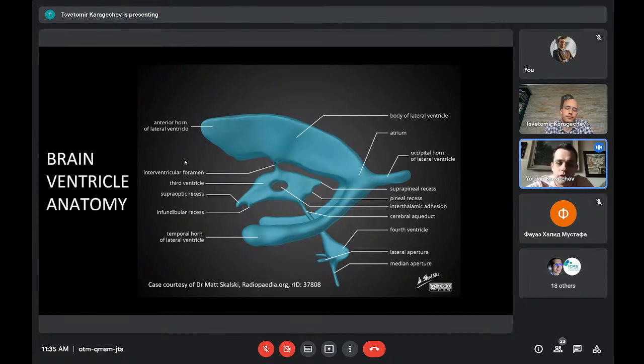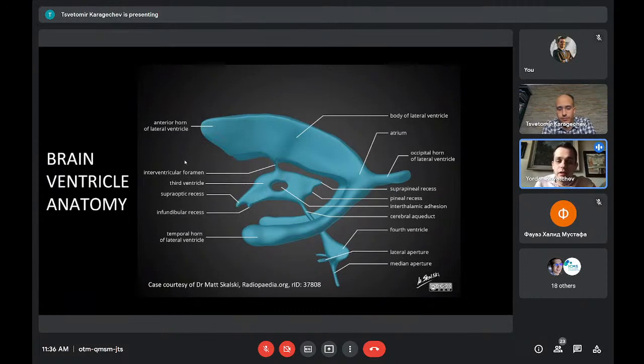The other ventricle that I would like you to remember at this point is the fourth ventricle at the bottom, because it's located in the posterior fossa. And when we see its so-called effacement or compression of the fourth ventricle, this is an early sign that something is going on in the posterior fossa of the brain. So you look at it, if it's fast, we expect hydrocephalus will develop, and we have to concentrate on the posterior fossa to see if there is something causing mass effect there.